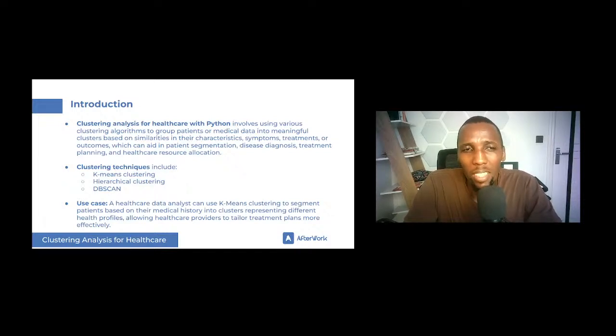So clustering analysis for healthcare is that type of analysis that allows you to group a data set into clusters